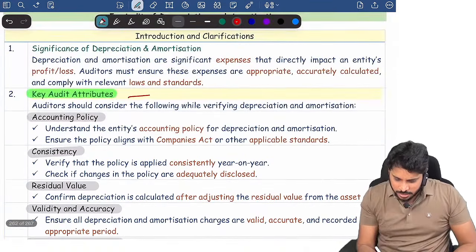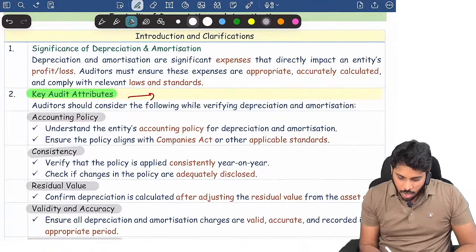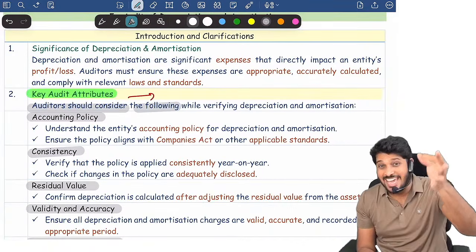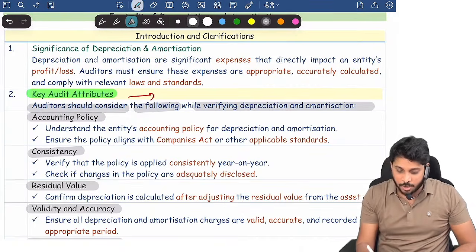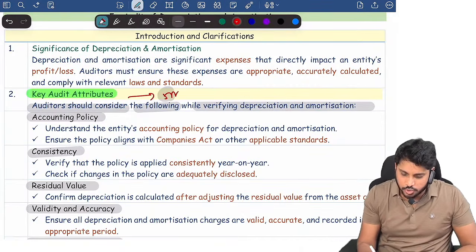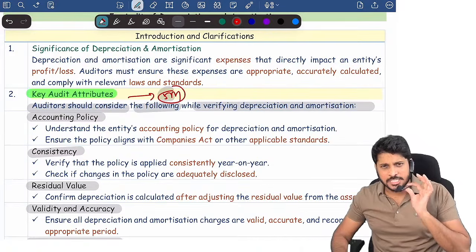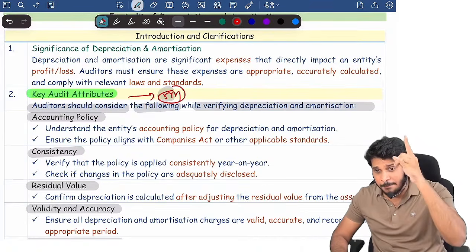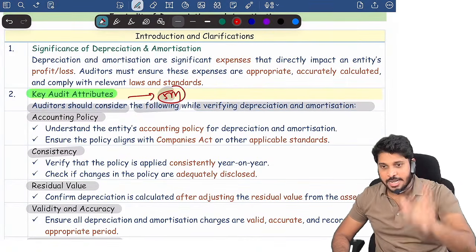Many a time, what are the key attributes? Auditors should consider the following key attributes while verifying depreciation and amortization. This was asked as a 5 marks question many times, guys. Depreciation key attributes was tested many times. Next, look at